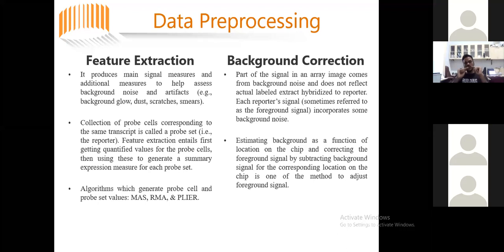But there is also some background noise, like dust or scratches, or a broken slide, which needs to be subtracted from the foreground signal of interest. For that, there are many commercial softwares and packages available in R, such as MAS5 and RMA, Robust Multi-Chip Average, which do a default normalization and summarization of the raw data.